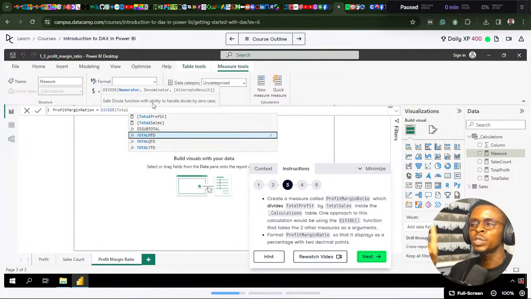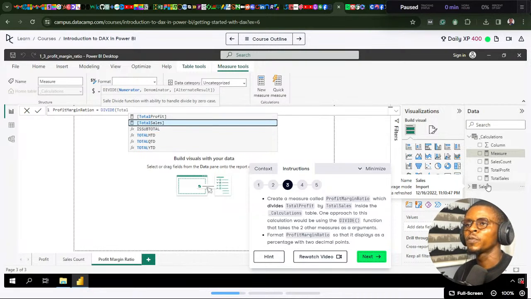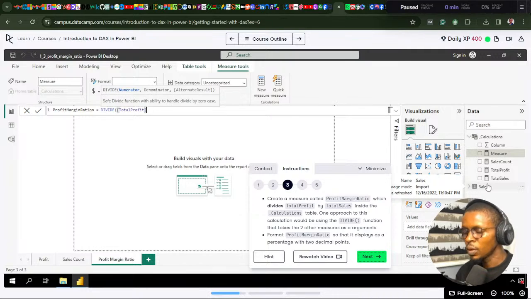We're actually using a measure that we've created before, right here, using total profit and total sales to create a new measure. And that is one of the advanced uses of Power BI. That's how people actually know how to use Power BI, if you can use measures to create new measures and new measures and new measures. So that's how it works. They're actually called measure trees. So that'll be total profits, divided by total